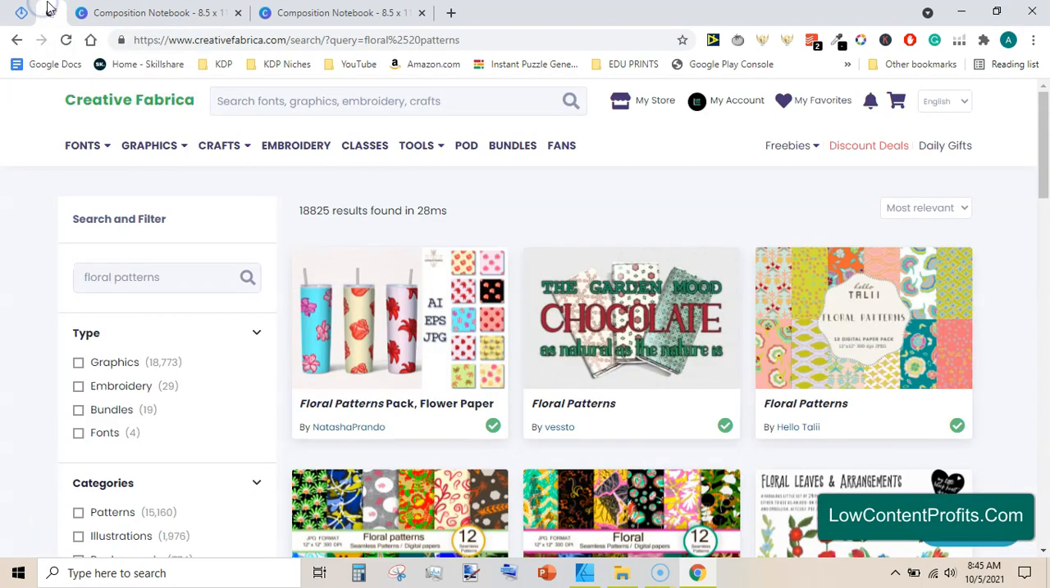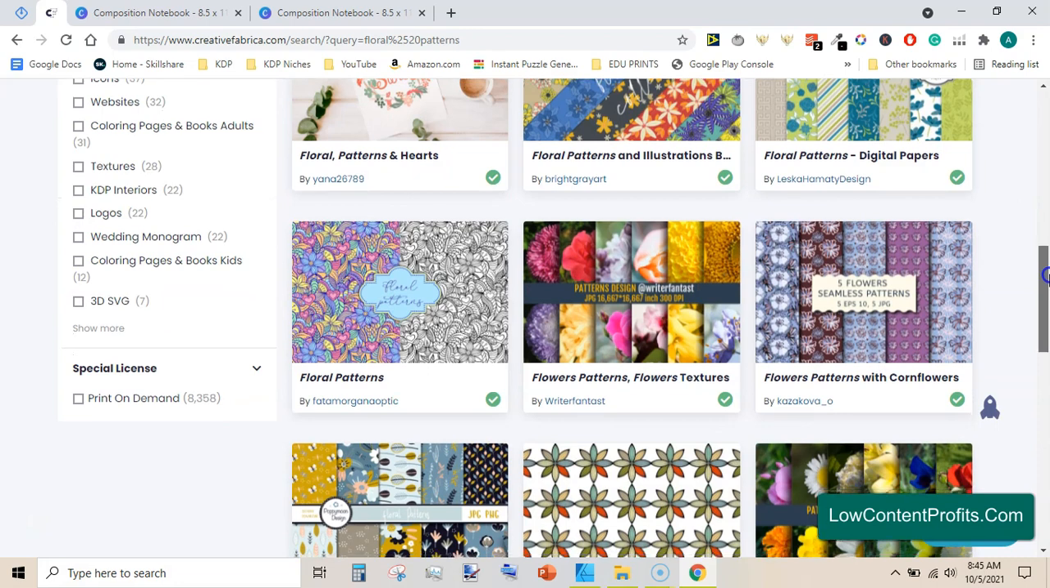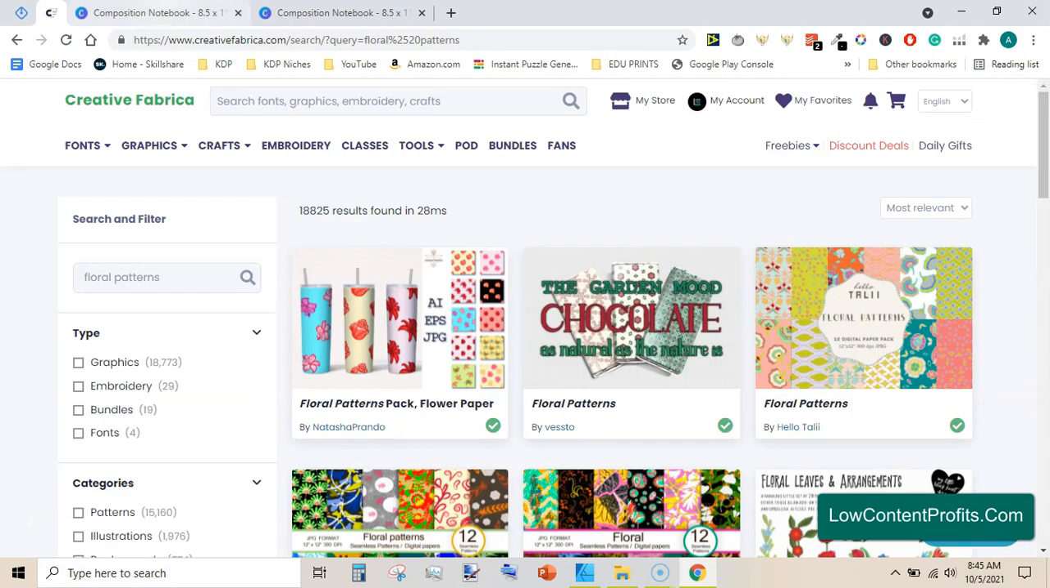The other site is creativefabrica.com. You can go to the search bar and type any type of pattern you want. Like I have typed floral patterns, and there are a lot of patterns here. So these are the two paid sites, and if you are interested in the free option,